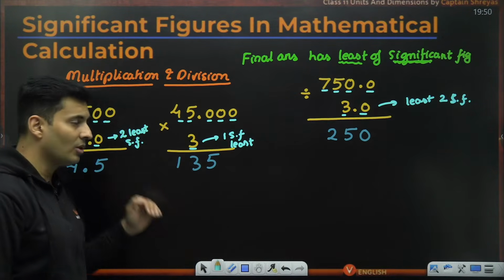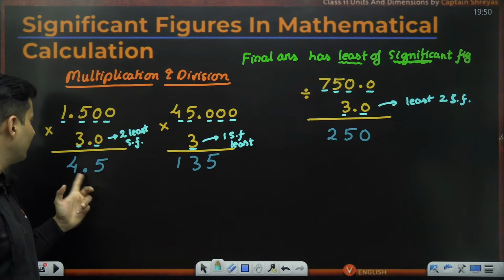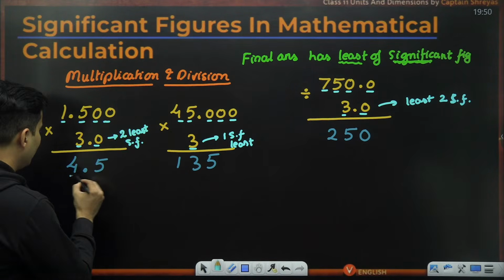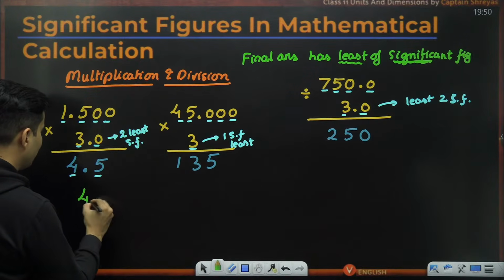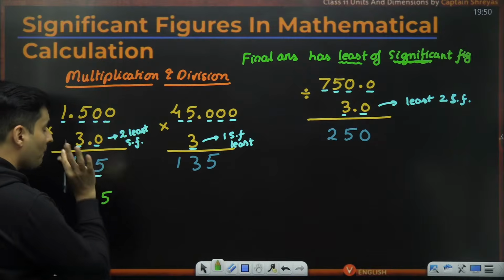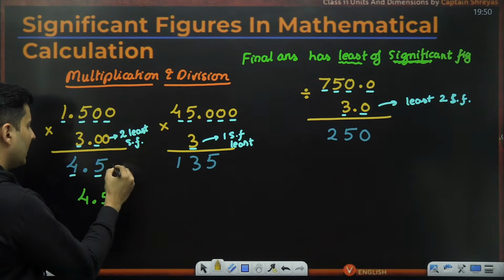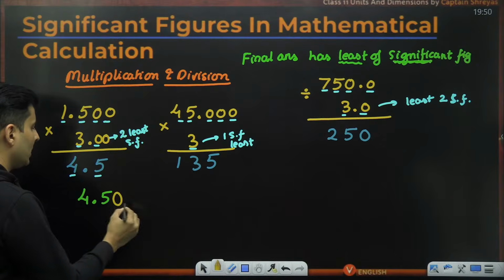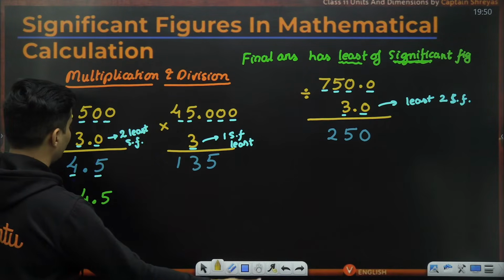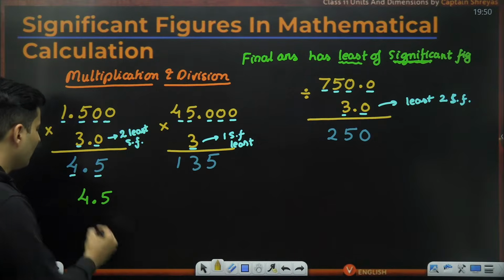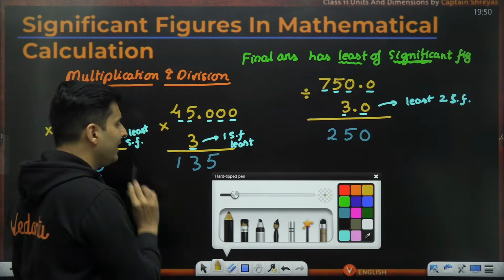So the final answer should also have that many significant figures. Here you should have two significant figures. So 4.5. Oh, already it has two significant figures. Hence, the final answer is simply 4.5. But by chance, for example, if there was a 0 here, then you should deliberately add one more 0 so that three significant figures are there, because then 3 will be the bare minimum. Is that clear? So for now, 4.5 is the right answer. Don't have to worry. One significant figure.